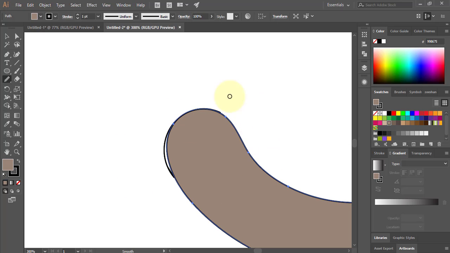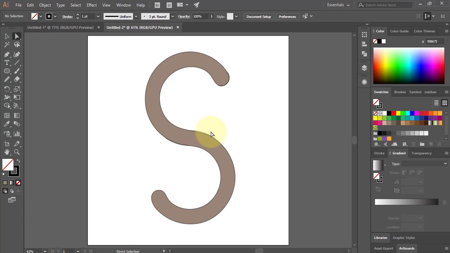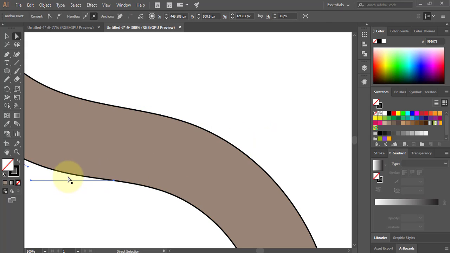You will see that these points are deleted, but as soon as I delete it, these extra shapes or these extra lines appear. So don't worry about it, just go on and select the direct selection tool, select this line, delete it, delete, and also delete. So now it's done. You will also see that these extra points or lines appeared, so you can also delete that the same way which we did earlier. Select, delete,